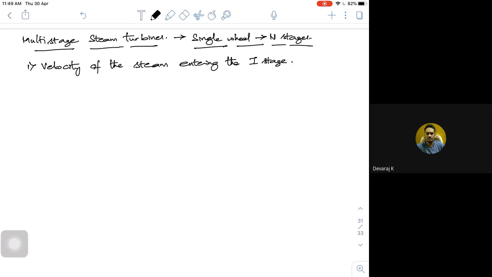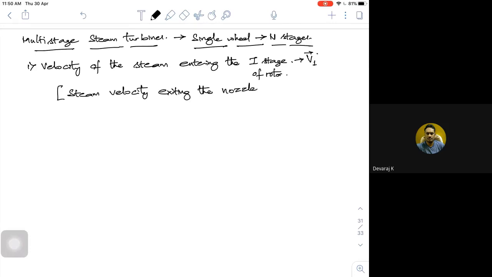Fine. As it is not low, it will be very high. And it comes out, see, this is nothing but what we call V1. So V1 is the velocity with which the steam enters the first stage, that is, the velocity exiting the nozzle. Look at this. You should not consider the velocity with respect to the nozzle entry. Steam entering the first stage of the rotor is the steam velocity exiting the nozzle. You have to be very careful.